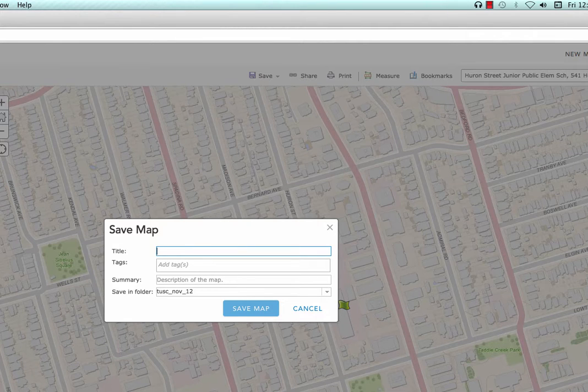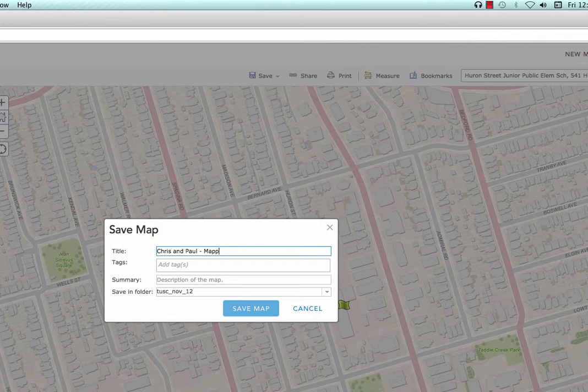So we need to start with your name and your partner's name. And it's a good idea to be consistent with every map that you make, that you use the same names in the same order. That way they're going to be grouped together in the list of projects that you guys are doing. So names, and then a hyphen or a minus sign,